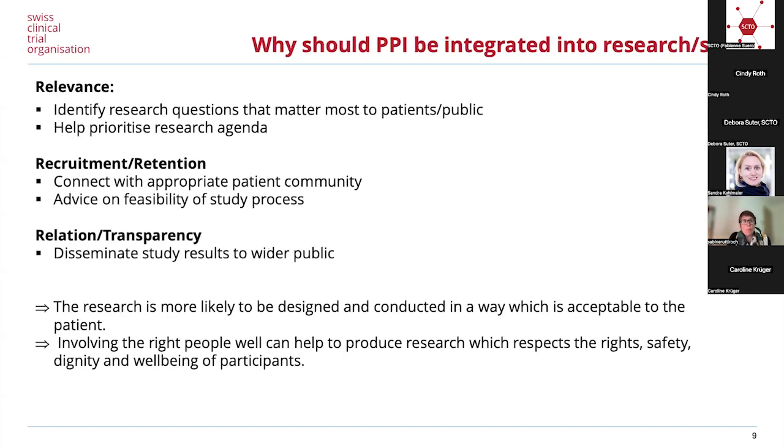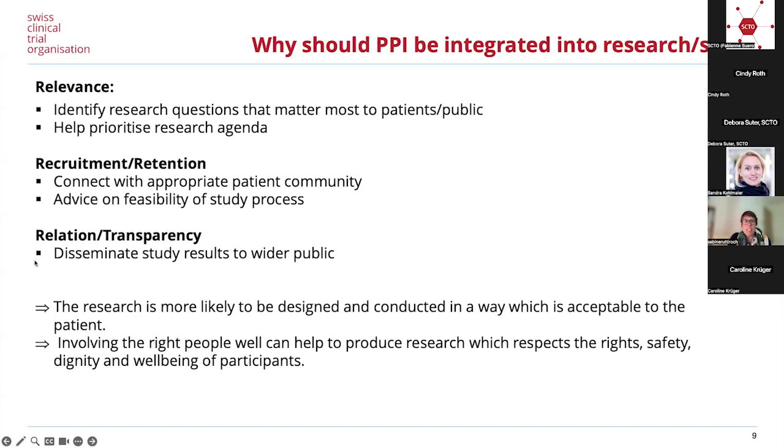It will increase the relevance in identifying research questions that matter most to the public and the patients. And it can help prioritize the research agenda, of course, if you involve patients and the public. It will definitely improve the recruitment and retention of your patient participants, by connecting them with the appropriate patient community and advice on feasibility of the study process. And again, increase the relevance and